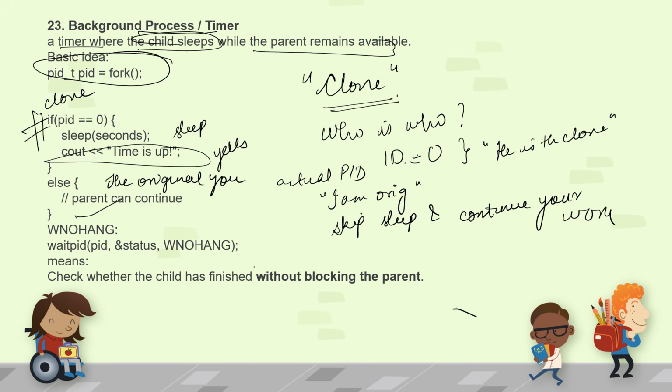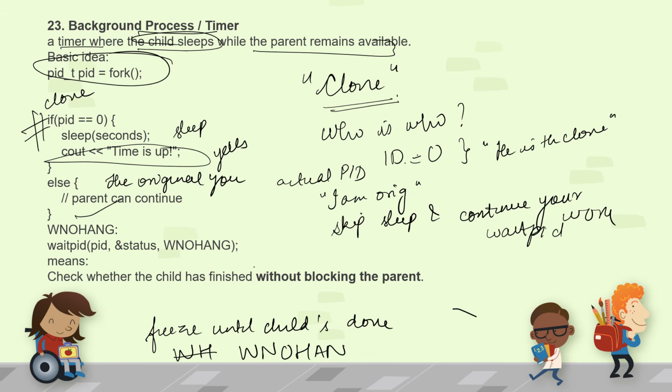Now, normally a parent must wait for a child to finish, right? Using waitpid. Standard waiting will force you to freeze in place until your child is done, and you don't want to freeze. So for that, you apply this trick,